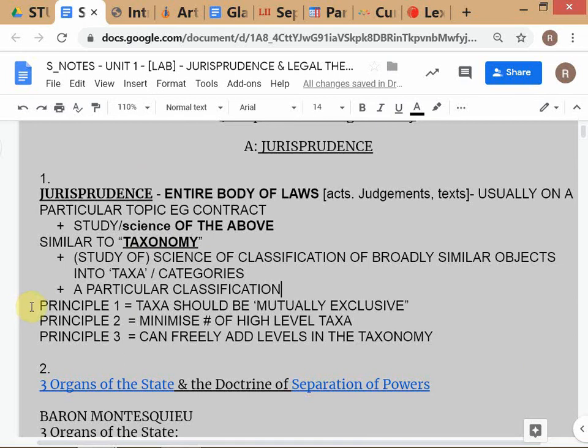Okay, now certain important principles of taxonomy which you should follow. Let's take an example. If I have a taxonomy of VIP students saying, let's say now there are only two courses, I say LLB, LLM and females. LLB students, LLM students and females. What is the problem with this taxonomy? Good. So males are excluded, that's one problem. And somebody used the word mutually exclusive. This is the problem, because some of the females will be LLB students, some of the females will be LLM students. So where do you put them, right? So you can't have that.